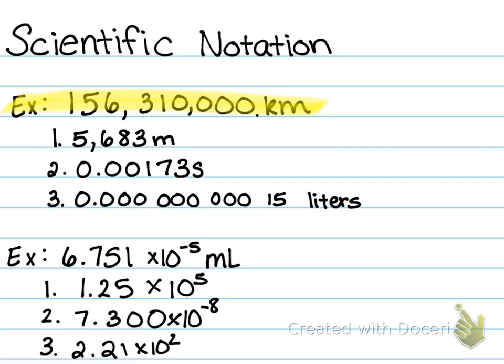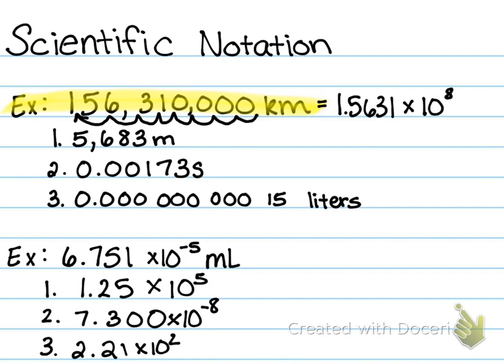And so once we've decided that, we can take that decimal point and we can move it so that the number is between 1 and 10. The usual place we'll end up having to move the decimal point to is after the first digit that's not a 0. So what I'm going to do is make loops under each of my digits, counting as I go. In this number I had to make 8 loops, and so I'm going to write my answer here as 1.5631 with my decimal point in its new location, times 10,